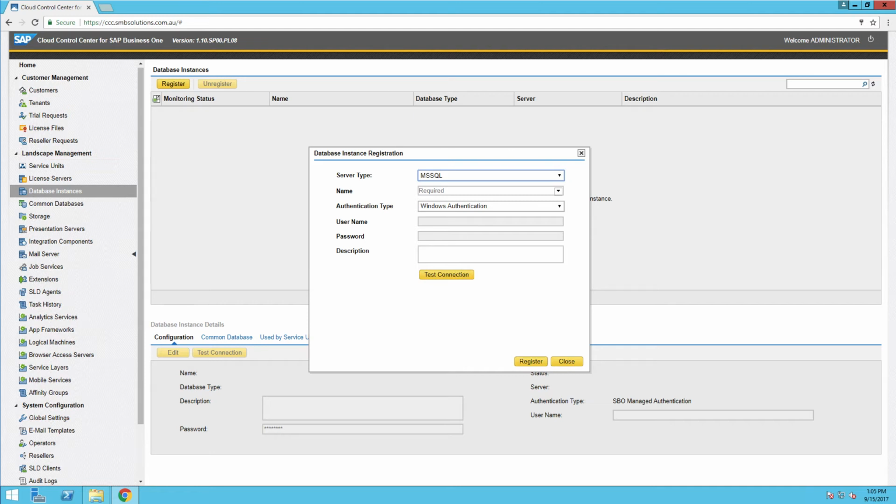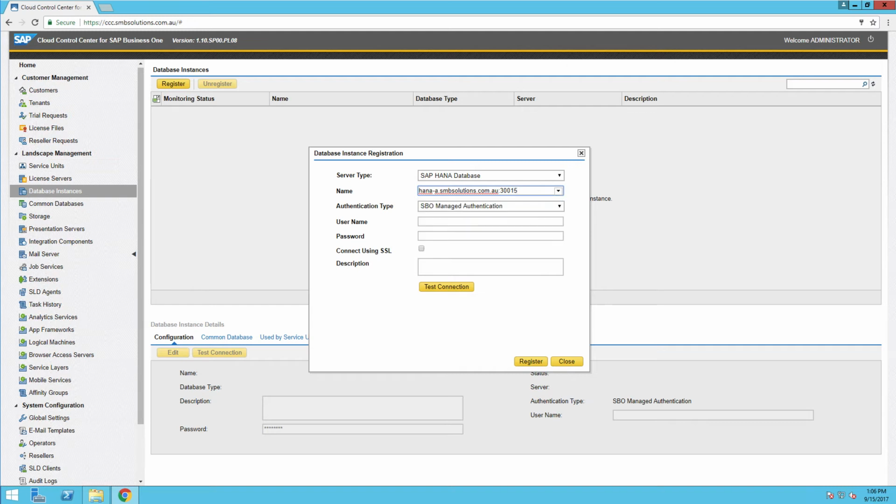So I've gone to database instances, I've clicked register. The server type is, funnily enough, SAP HANA. And the name is required, so for me it's hana-a.smbsolutions.com.au. Now remember, it's Linux, right? And Linux is case sensitive. And then you need to put your port number,